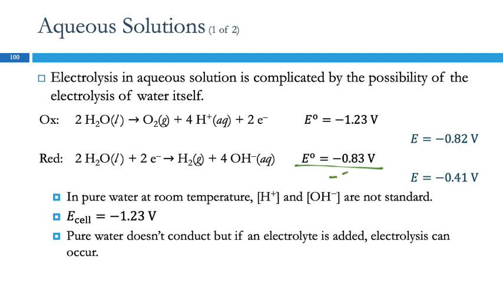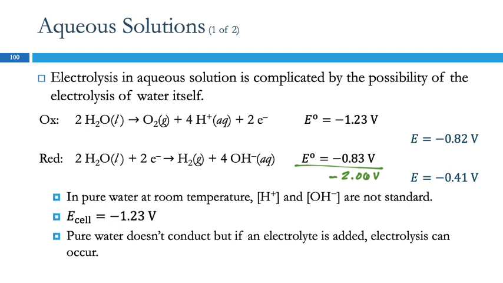It'd be negative 2.06 volts under standard conditions. But in pure water at room temperature, the conditions are not standard. So for pure water at room temperature, you need 1.23 volts to electrolyze water. So a 9-volt battery, 9 volts,